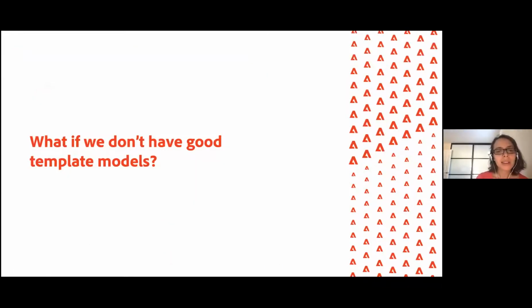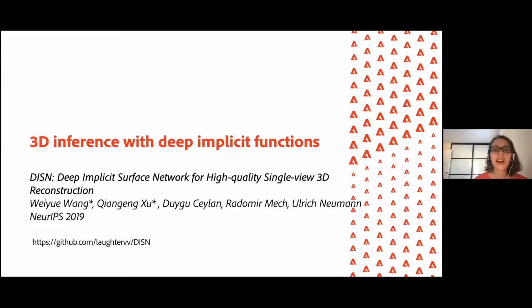So yeah, with that, I want to now switch gears a little bit. In this first part of the talk, we looked at garment design, and really the gist of it was to be able to come up with these garment templates and then predict their parameters. But of course, in a general 3D reconstruction problem, we cannot always assume we have good templates to start with. So what do we do in that case? In the second project, I want to talk about what we did in a more general single view